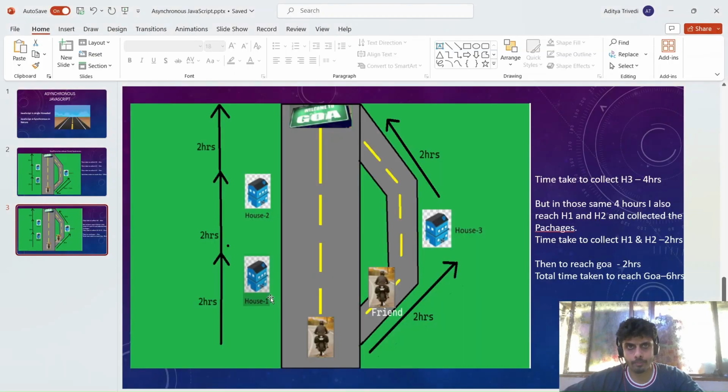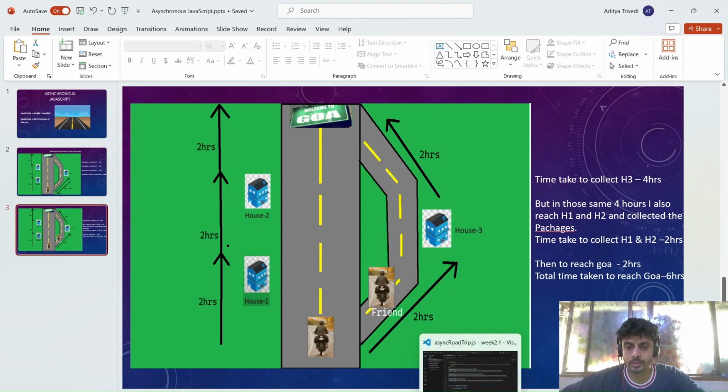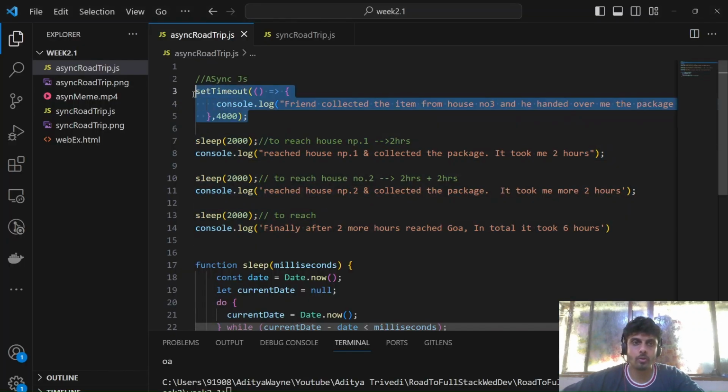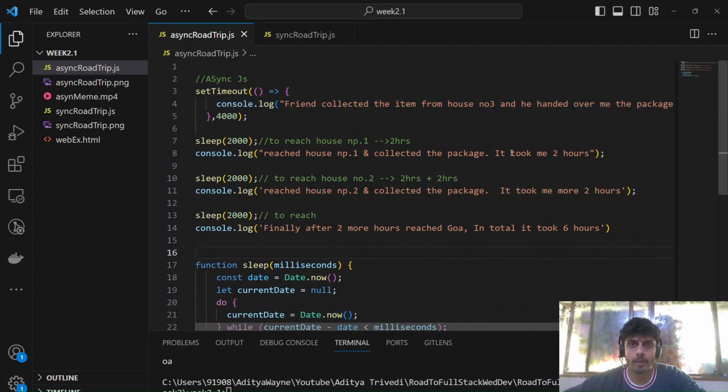Once all the synchronous part of the code has been executed successfully, that means once I have received all the packages from house number 1 and house number 2, which are located on the main highway or on the main thread, and once I have reached Goa and there is nothing more to execute, only then can I collect the package which my friend has received from house number 3, which is nothing but the block of code written inside the asynchronous function. Okay, so I hope now you are familiar with the asynchronous behavior of JavaScript,